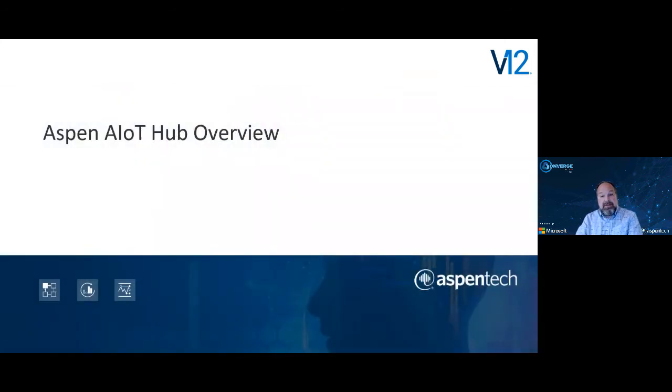And to kick this off, I want to talk a little bit about AspenTech's AIoT Hub. For those of you who have been watching our press releases, we made an introduction just about a month or a month and a half ago about our new Aspen AIoT Hub. And today I want to give you just a brief overview of that and how it relates to what we're